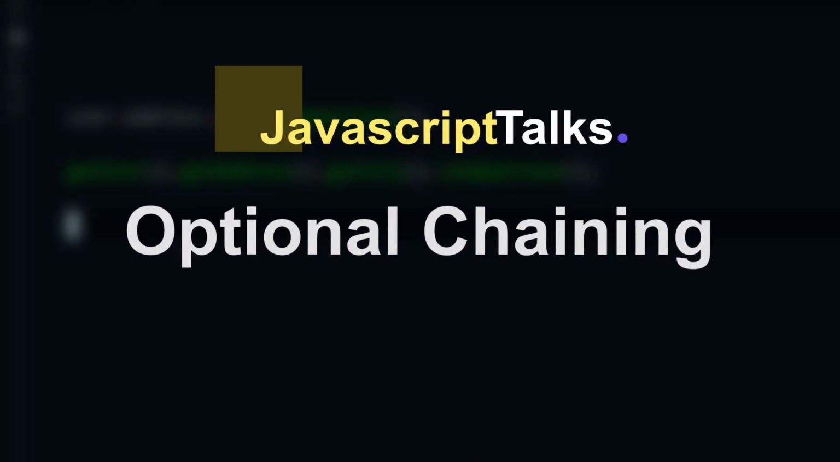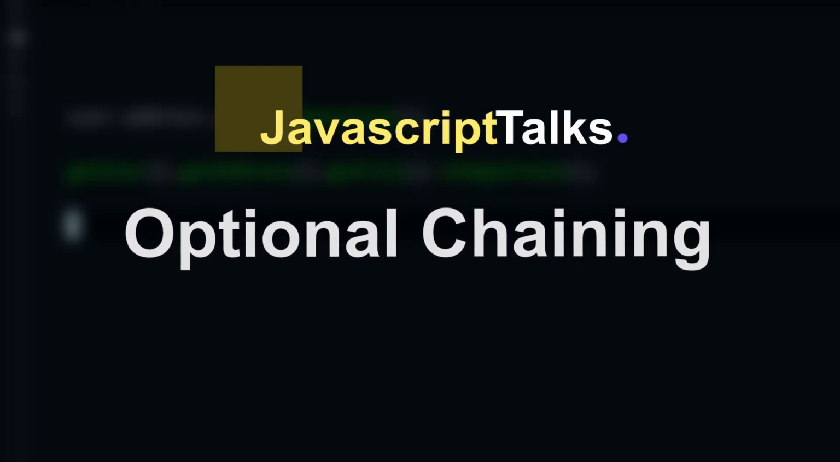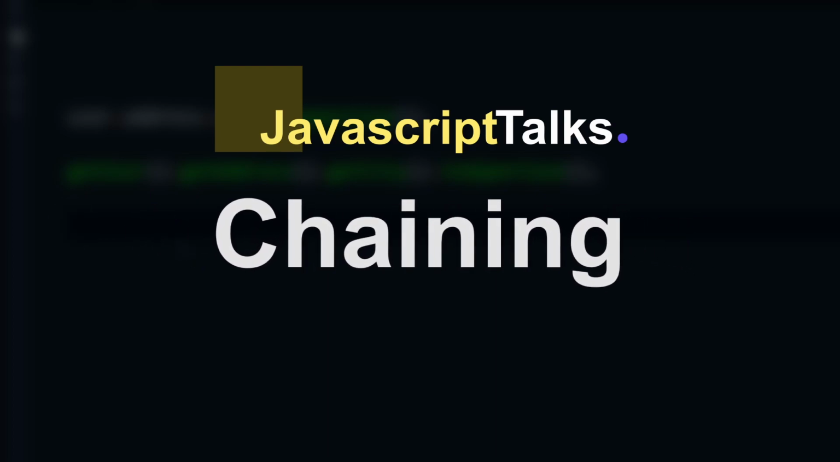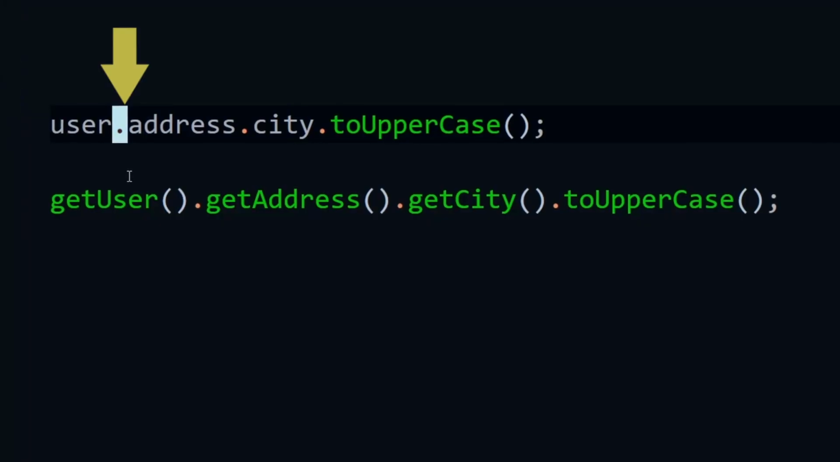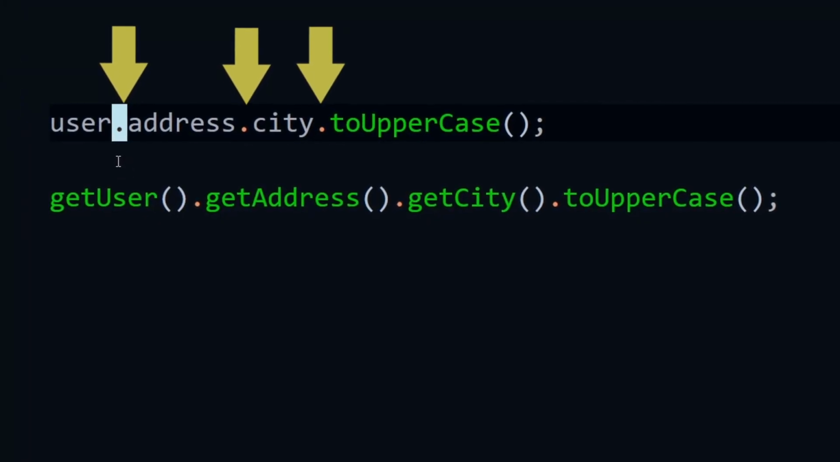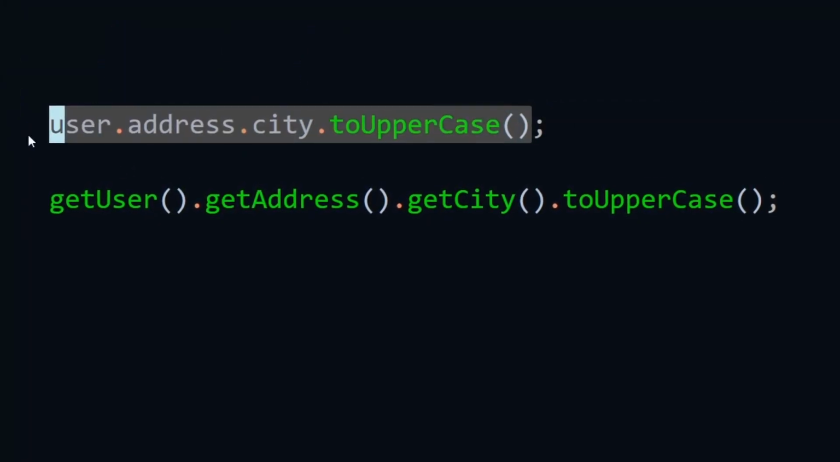In this video, we're going to talk about the optional chaining operator in JavaScript. But before that, let's first understand what chaining is in JavaScript. Whenever we use dot operators multiple times in a single line like this,